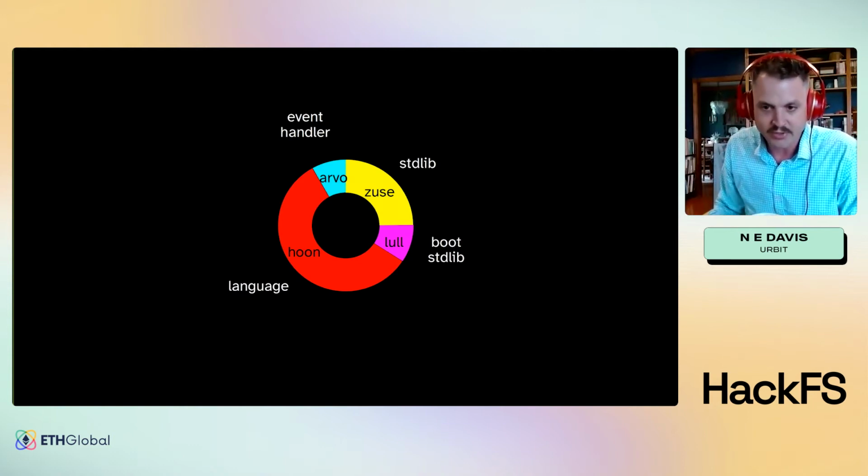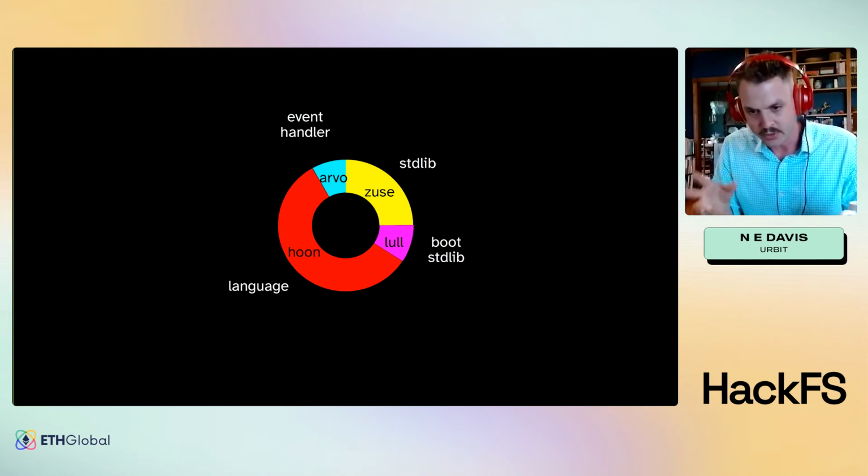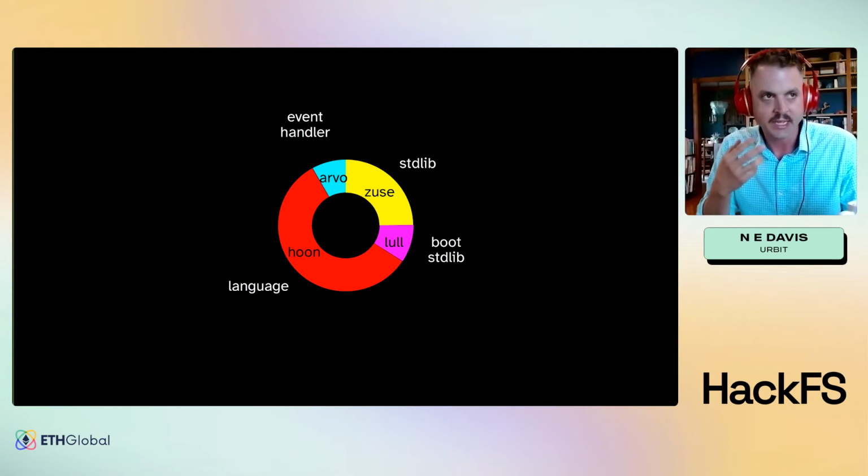Inside of that, you have the operating system layer itself, which is the standard library components, the event handler and event log, and the language, which is designed to build everything and work efficiently in that regard. Urbit has its own language called Hoon that things are done in. It has some interesting features from a computer science perspective.